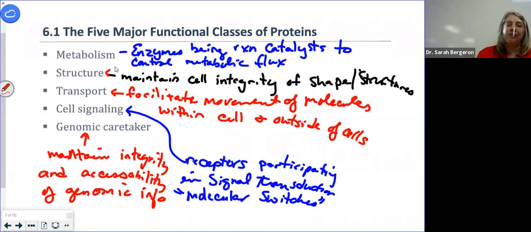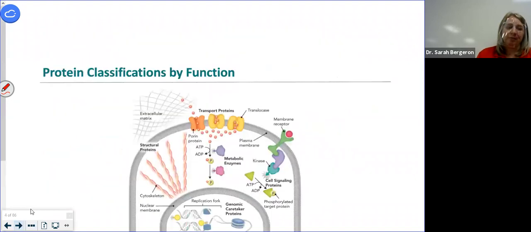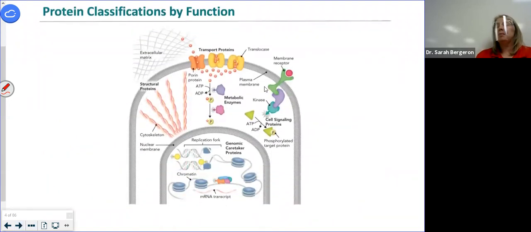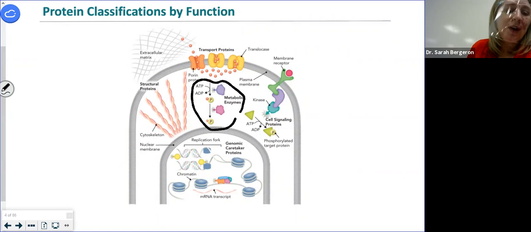So now we kind of know all the different things we're going to talk about. So here are some examples of the different classifications of our proteins. What was number one? Metabolic enzymes. So what do you see in metabolic enzymes? You're going to start with some material that comes into the cell, and you're going to have these enzymes that are going to catalyze a change, right? Maybe they become phosphorylated. Maybe we're talking about glucose being metabolized to generate ATP. So sometimes you're going to consume ATP, sometimes you're going to produce ATP.